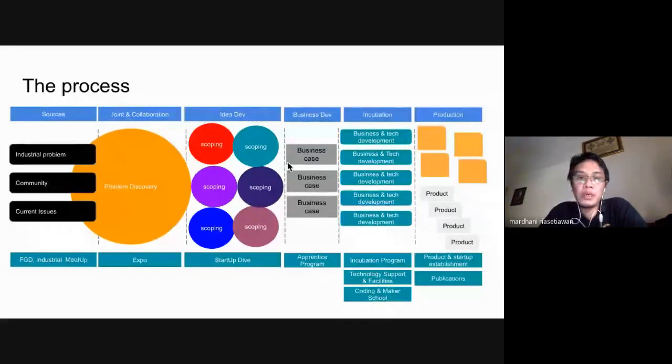In the previous discussion we already discussed the incubation process. An incubation program can be conducted over several time spans: maybe 1 week, 1 month, 3 months, and the longest is 1 year or 2 years. Like MIT has a 2 year incubation program, NTU has a 6 month program, and so on.